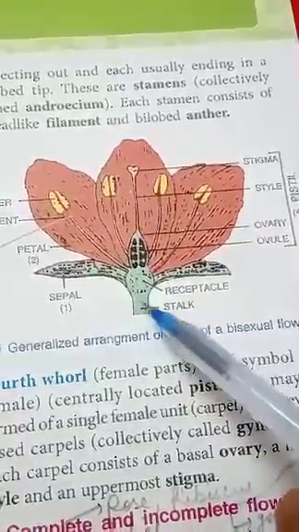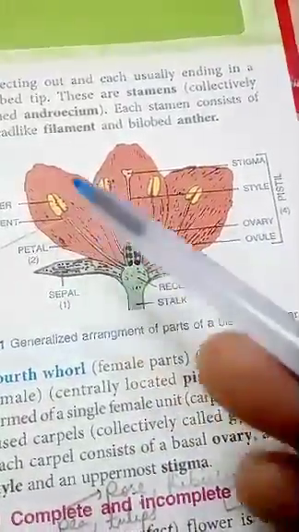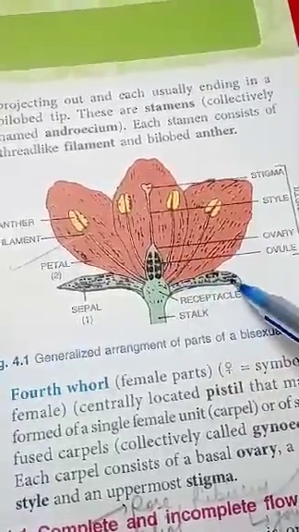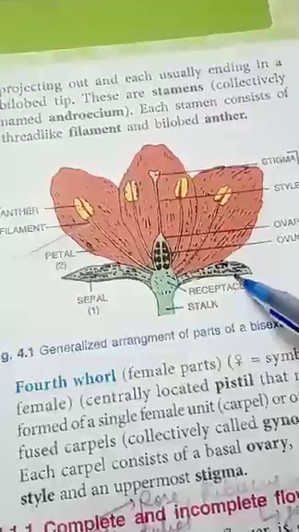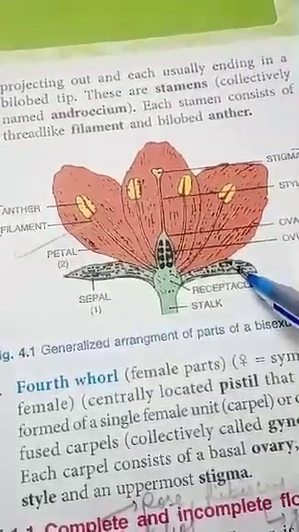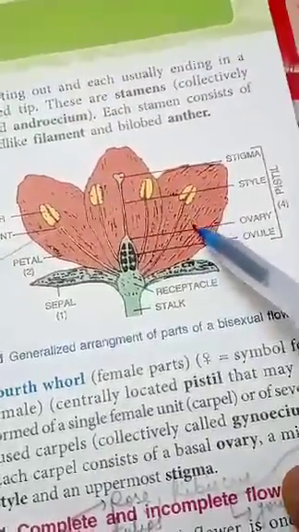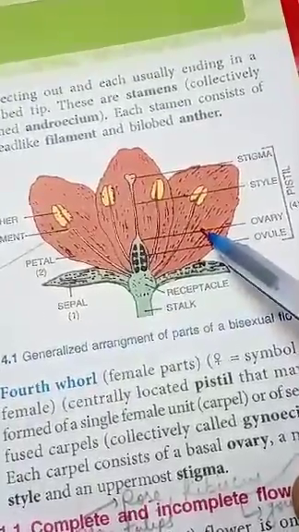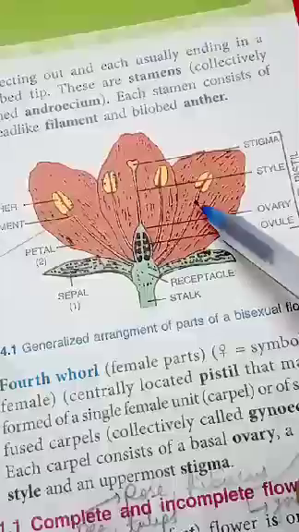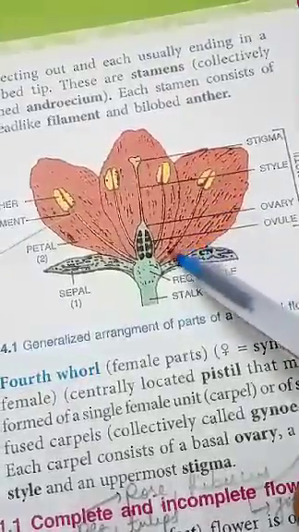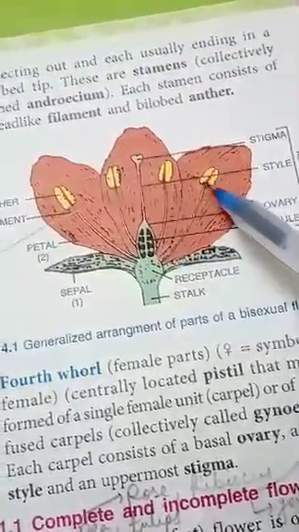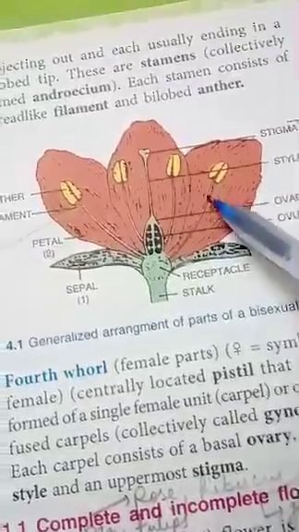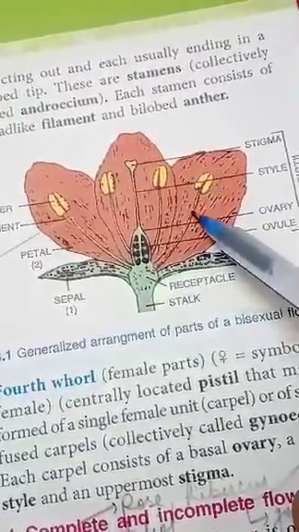This is the pedicel. And regarding the floral parts, you know there are 4 different whorls of a flower. The first whorl is the sepal, and collectively it is called calyx. The second whorl is the corolla. The collective term is corolla and the individual term is petal. Then the third whorl, the male reproductive part, has the common term androecium, and individually it is the stamen. The stamen consists of 2 parts, anther and filament.